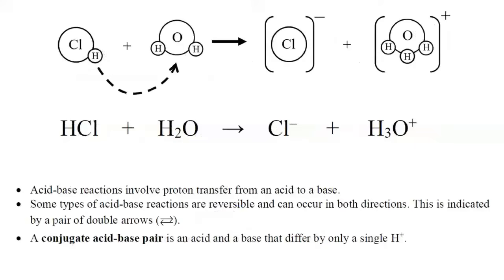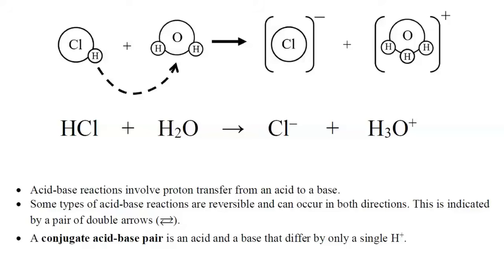Okay, now we're going to talk about conjugate acid-base pairs. So acid-base reactions involve proton transfer from an acid to a base. Some types of acid-base reactions are reversible and can occur in both directions. This is indicated by a pair of double arrows. So what is a conjugate acid-base pair? Well, it's an acid and a base that differ by only a single H+, and these are found on opposite